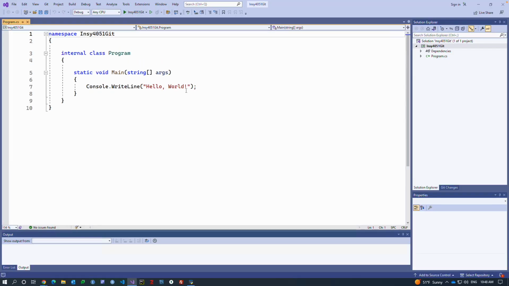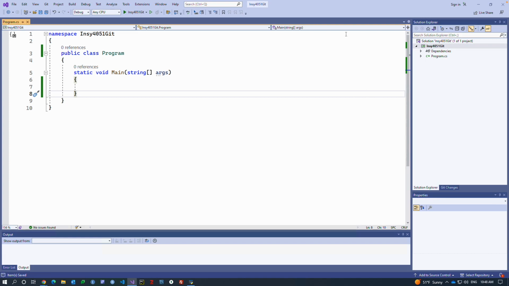And now this is my main project. I can go ahead and make some changes to this, and ideally you will have a project structure in